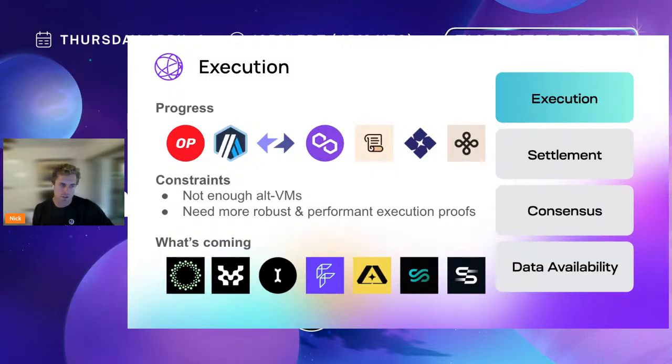We have Cosmos SDK, but I'm really excited because Eclipse, Movement, Initia, Fluent, all these projects are shipping new alt VMs like SVM, Move, Wasm, World Engine, and things like SP1. And I think the progress of ZK proofs has been very promising, because we're getting close to this breakout point, where we're going to have a lot of support for a lot more different VMs, and they're going to be performant and secure, because we're going to have real proving systems.